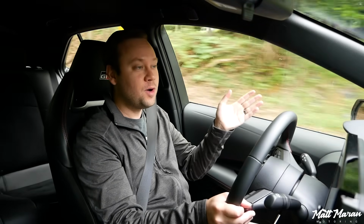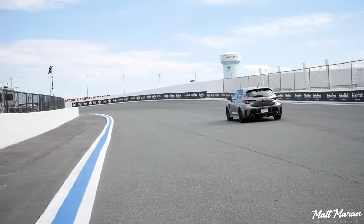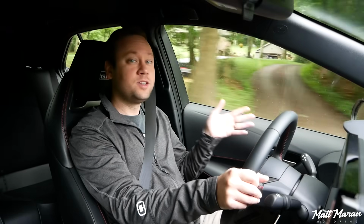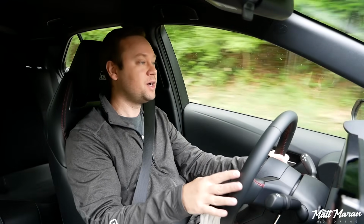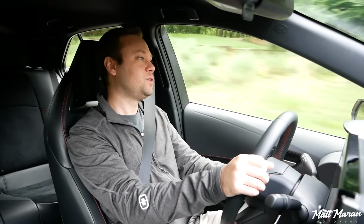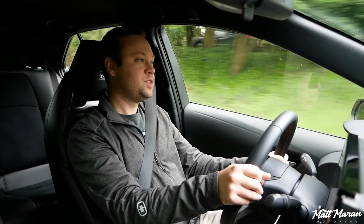Now, I did a full review on this back in the fall of 2024. I took it around Charlotte Motor Speedway and did a bunch of other stuff and got some actual impressions with the new automatic, which is fantastic, by the way, and so good. But as far as the manual and what it's like to live with the 2025 GR Corolla, so we did